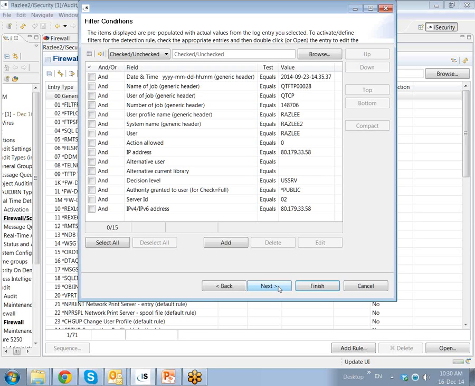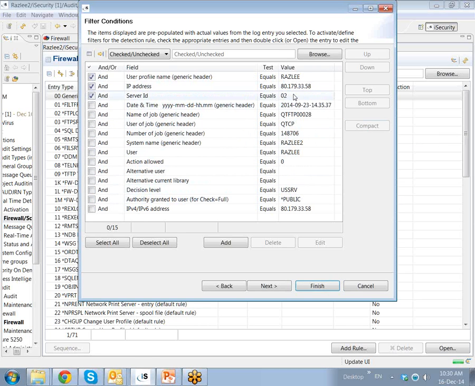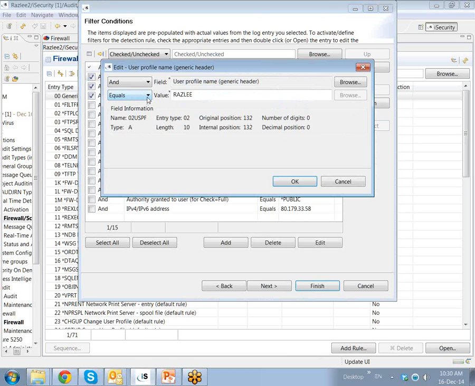At this point, I can set filter conditions based upon the information in the event which I've begun to work on. So let's look at server ID equals 02, which has to do with FTP. IP address equals the IP address in question, and the user profile name Raz-Lee. Let's compact these so we see them here all at the top. Perhaps the user profile name, which equals Raz-Lee,